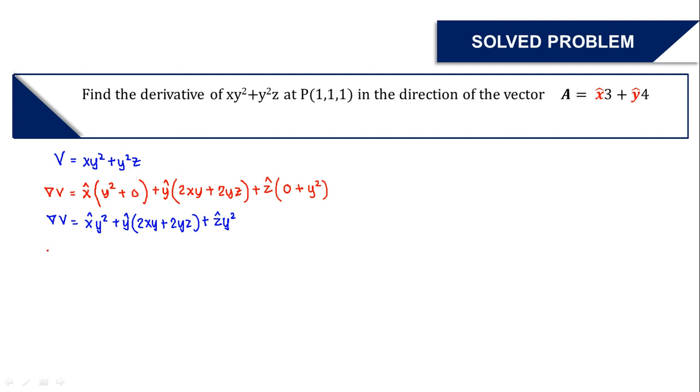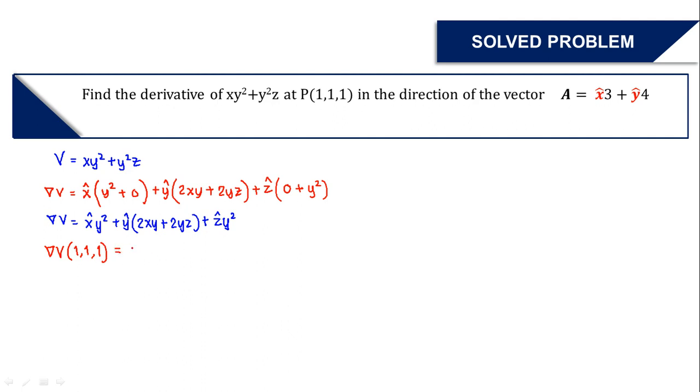Sabi, kukunin natin yung gradient, diba? Find the derivative of this at point 111. So, we will substitute yung ating point into the gradient. So, the gradient of V at point 111